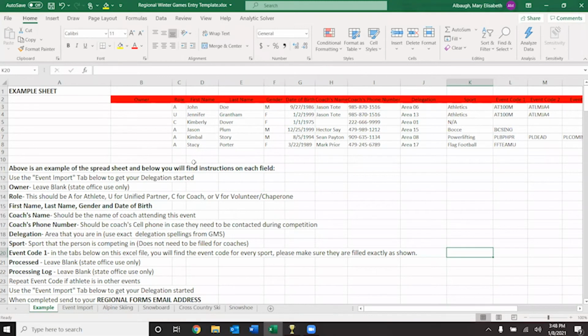And then once this is all finished and your whole delegation is entered, you will send them to the regional forms emails, which I will now type out. Northern and UP is SOMI forms at SOMI.org. Southwest is SW.forms at SOMI.org. And Southeast is se.forms at